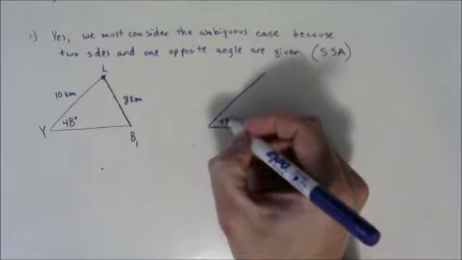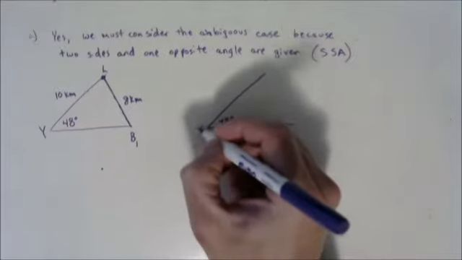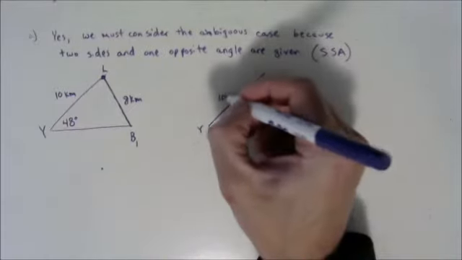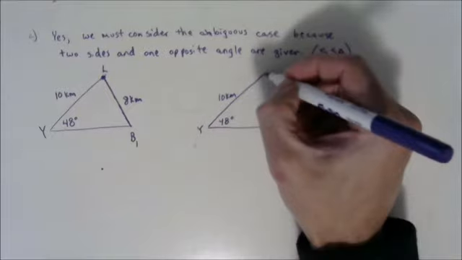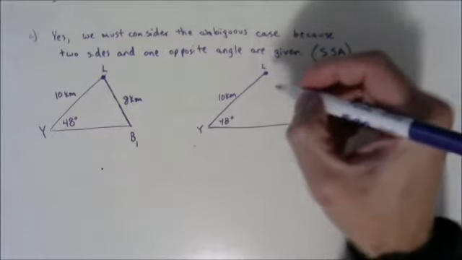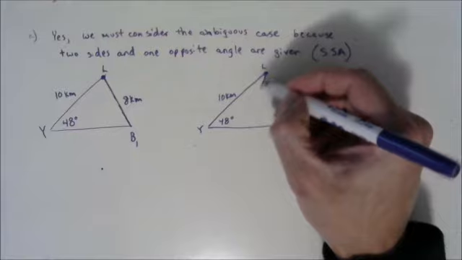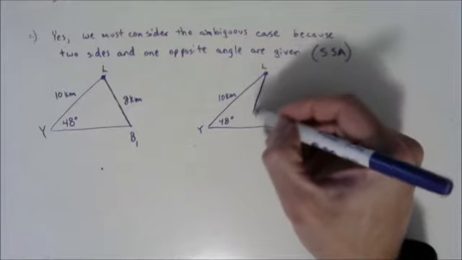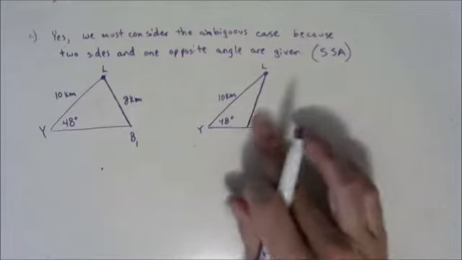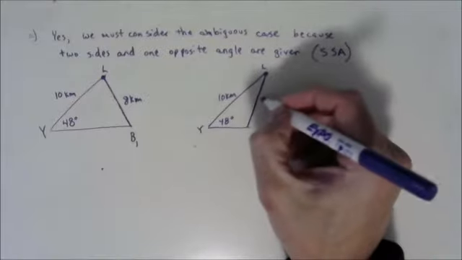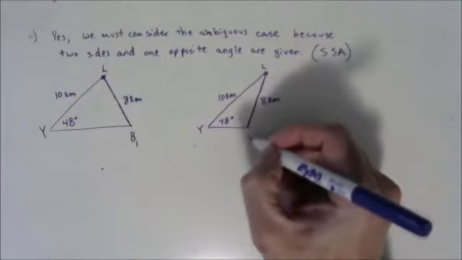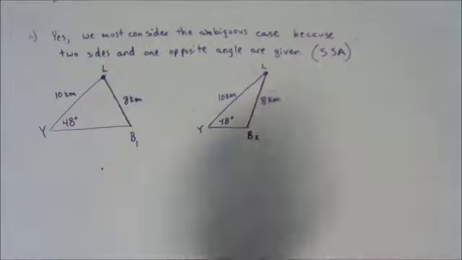We've got 48 degree angle Y. We've got 10 kilometer distance between Y and L. And this time our 8 kilometers is coming down to form an acute triangle from L to the second possible position of the boat. So we are considering both of these situations,